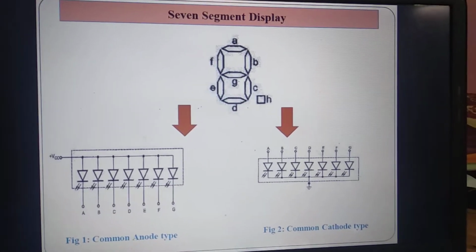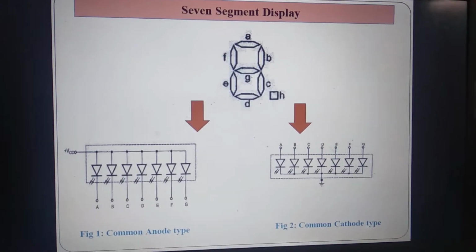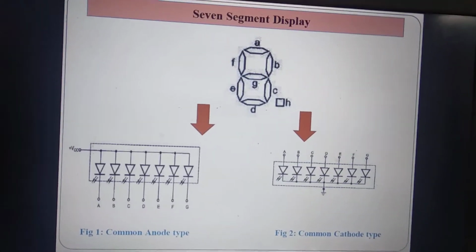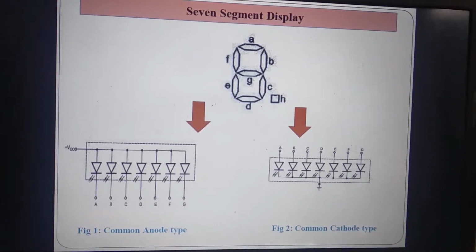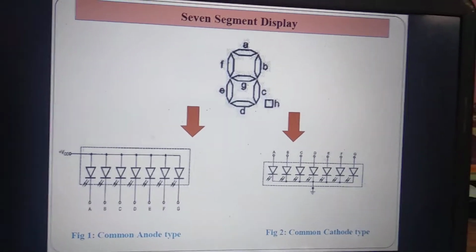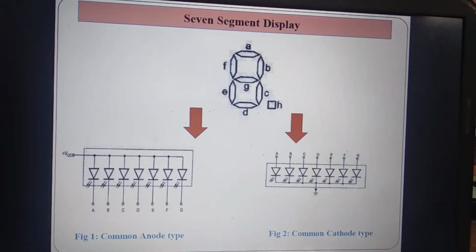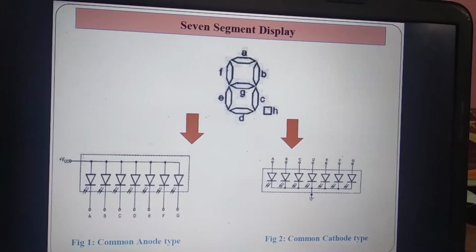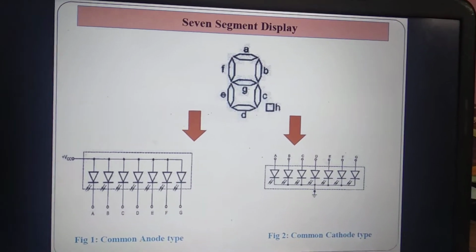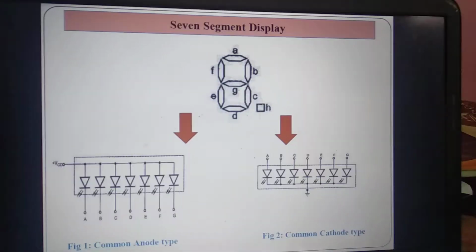So depending upon the connection of the LED, the 7-segment display can be connected in different modes. First one is common anode type, another one is common cathode type. Any one of them can be used, and depending upon them, the interfacing circuit connection with 8085 and the respective code will vary.